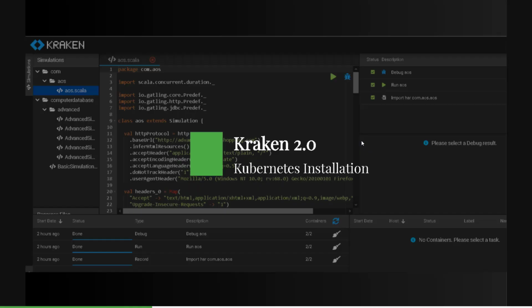Hi, this video is the continuation of my previous video about Kraken 2.0 features. We have seen about HAR import, debugging simulation, and comparing the requests in the previous video. Now we shall see how to deploy a Kubernetes cluster in Kraken so that you can inject more load from multiple